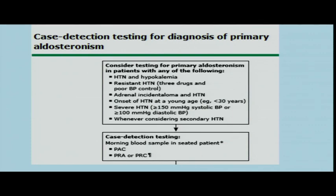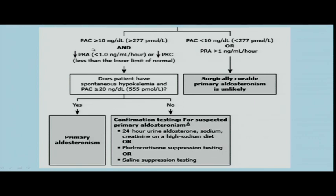To summarize what we discussed, this is a chart from UpToDate. Remember these 7 groups of patients for screening primary aldo. Remember, you don't need to look for hypokalemia, okay? The test you would do is aldosterone and renin together and look for the ratio. A ratio more than 10 would be suggestive. More than 20 is what you're looking for, with suppressed renin. And if you have primary aldo more than 10 and suppressed renin,